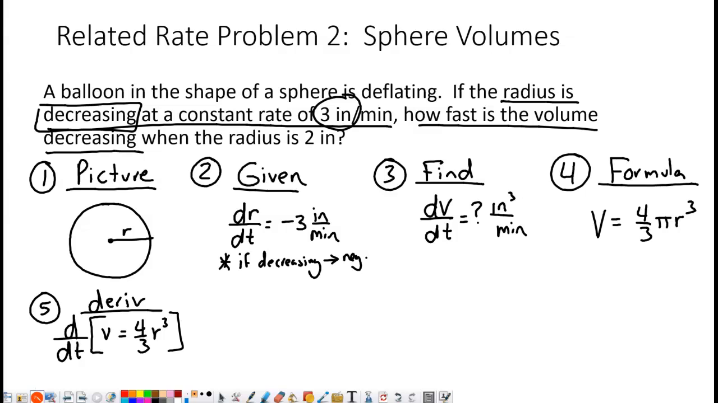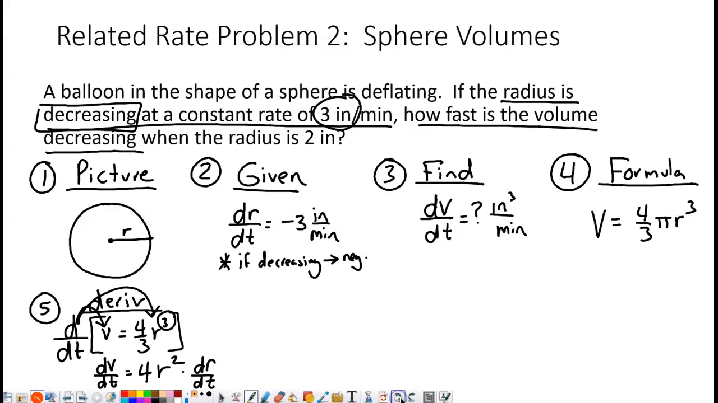All right, so if I take the derivative of v with respect to t, I end up with dv dt. If I take the derivative of this, we have to do our power rule, so I'm going to multiply the 3 by the 4/3. If you multiply 3 times 4/3, you're just going to be left with 4, and then you take 1 away from your power of 3, which will leave us with a power of 2. But don't forget to put a dr dt next to that, because this is implicit differentiation. So there is my new formula that relates the rate of change of the volume to the rate of change